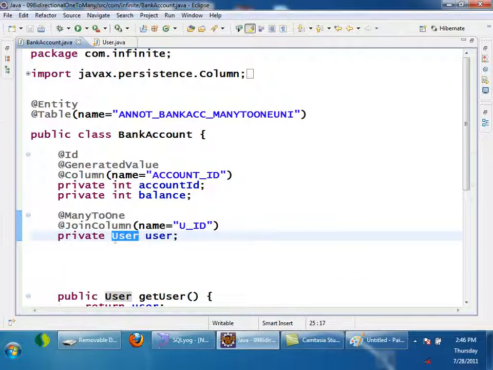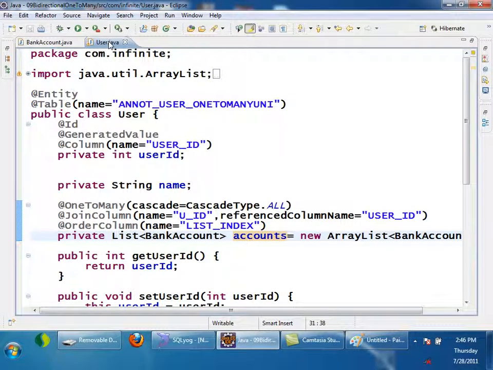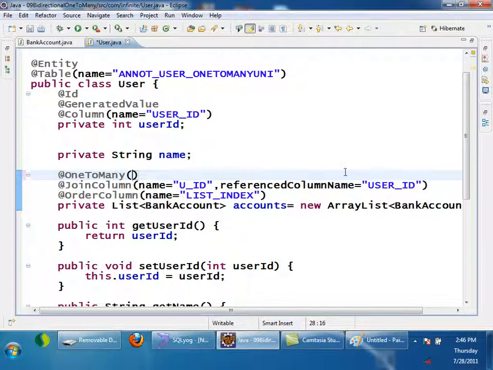So now, where I should configure inverse now? In user side or bank account side? Always, whenever you want to say inverse, inverse is present on one side, set side, collection side, right? So corresponding to inverse is equals to true.